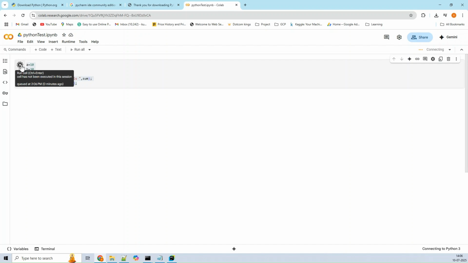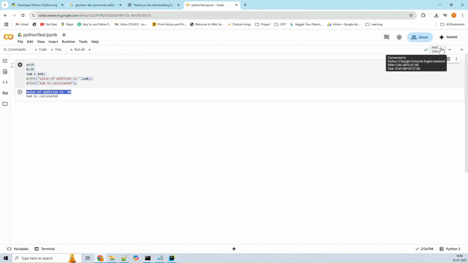As you can see on hover, it is queued at 2:06 p.m. So now the output has come. The value of addition is 40 and sum is calculated. Also here you can see what size of RAM and disk has been allocated for your runtime environment.